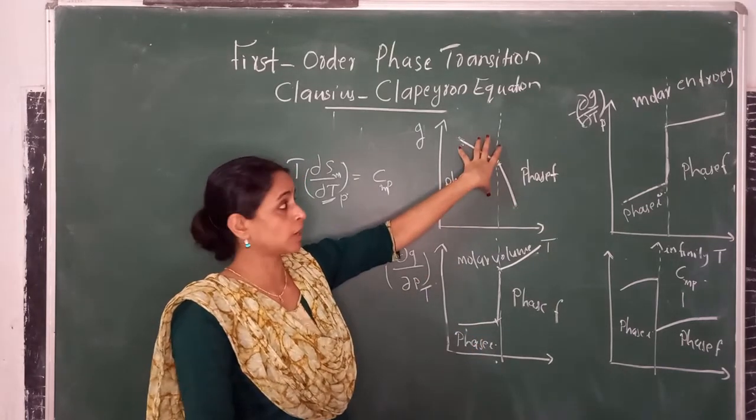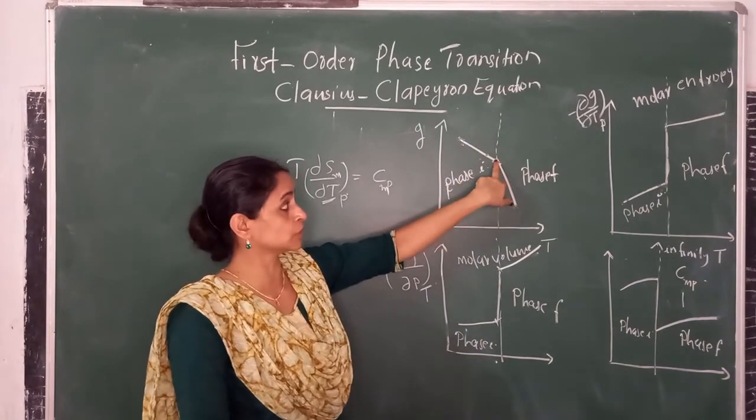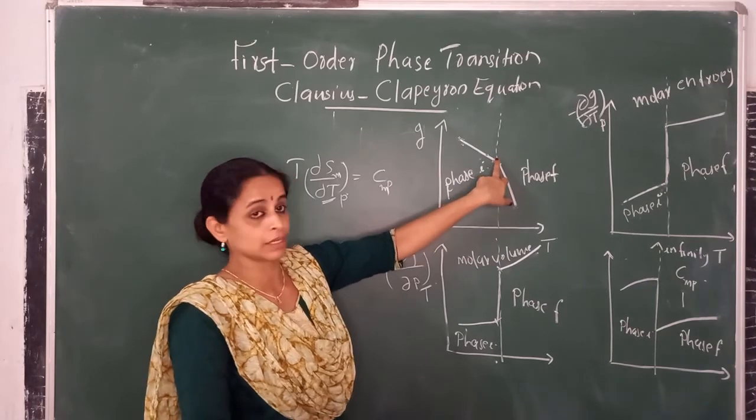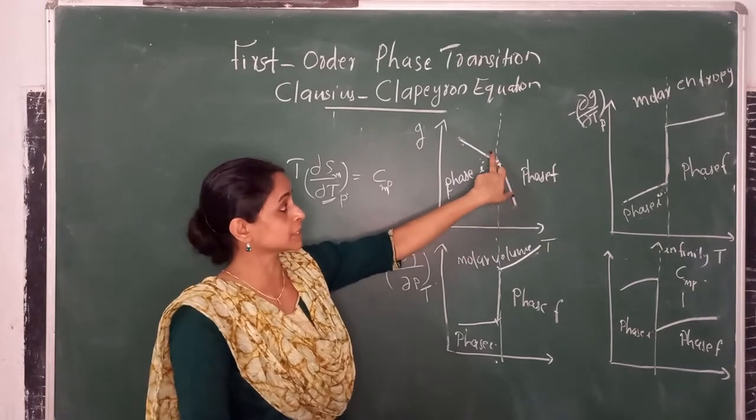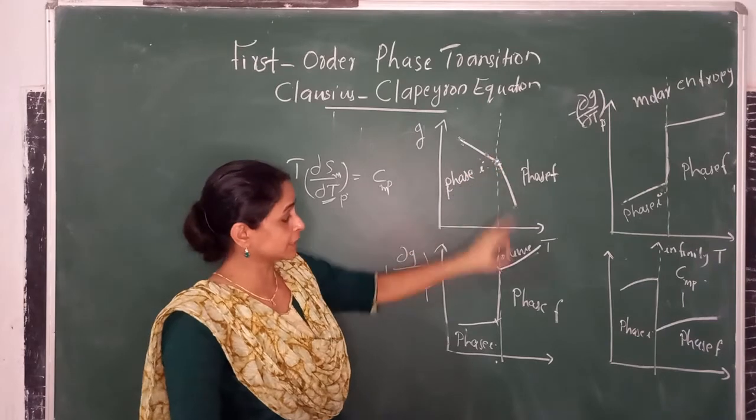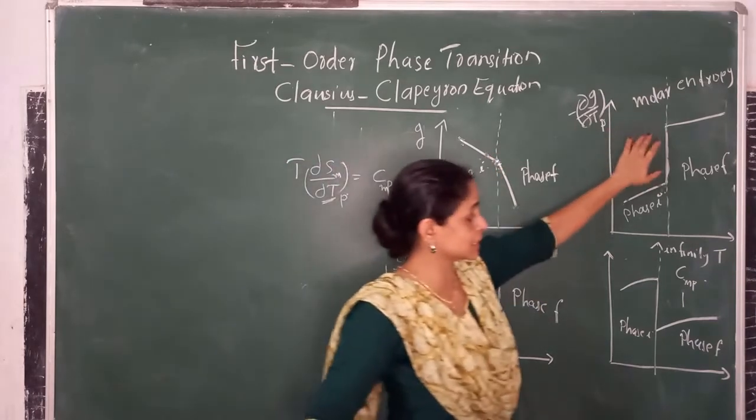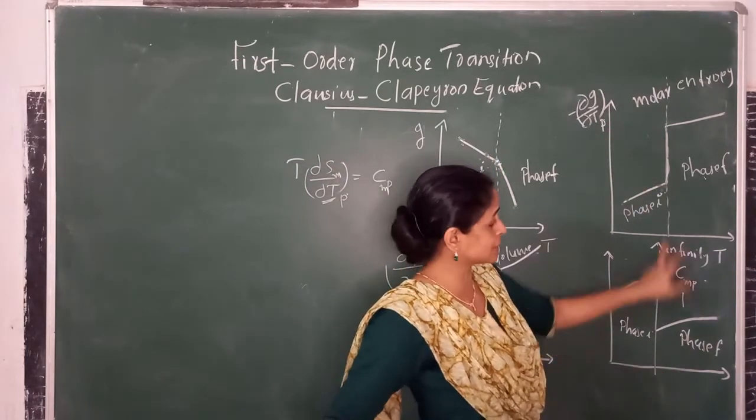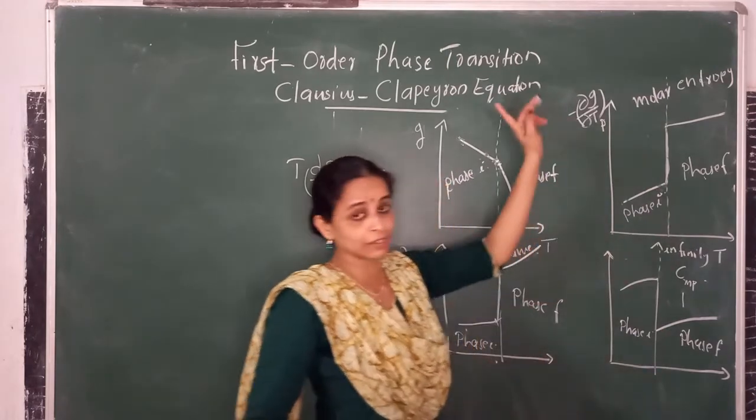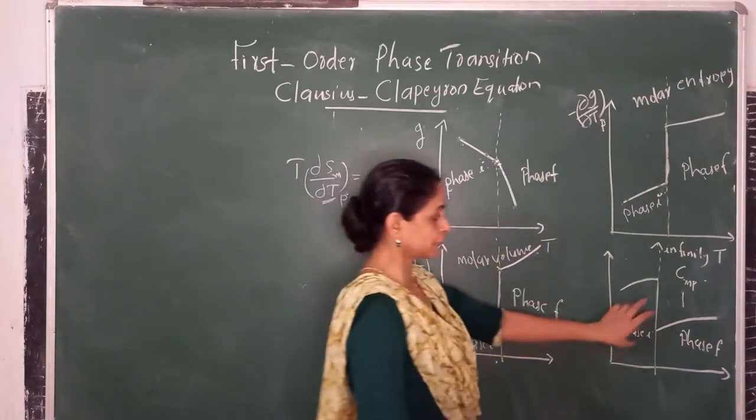This is for this function during the phase transition. This is the pointer. There is a kink. Here there is a jump. Here there is a jump. Here also there is a jump. But this one goes to infinity. That means during the phase transition,